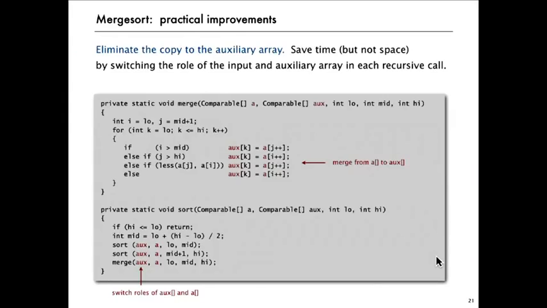The other thing that's possible to do, and it's a little mind-bending, so recommended only for experts, is to save a little bit of time. You don't really have to copy over into the auxiliary array. You can kind of switch the role of the input and the auxiliary array every time you make a recursive call. You still need that array, but you can set up the code in this way,